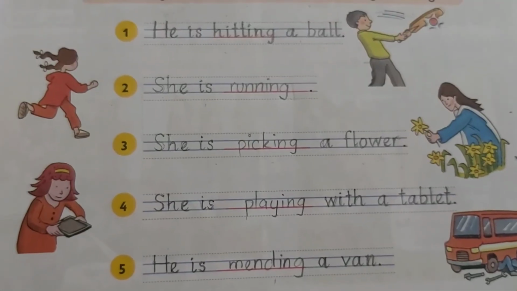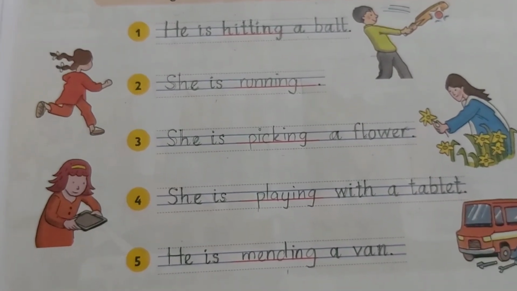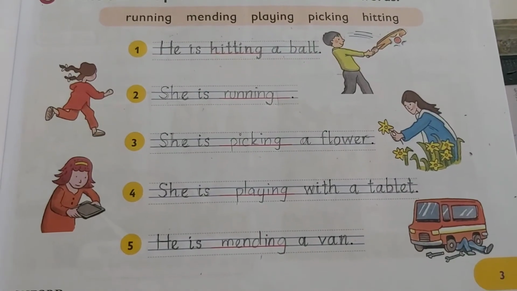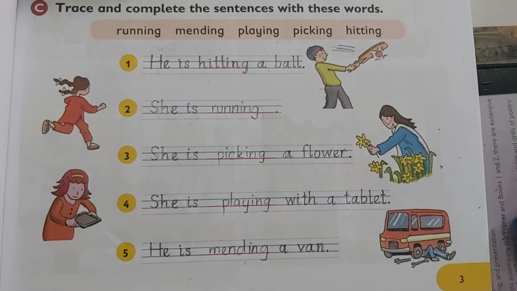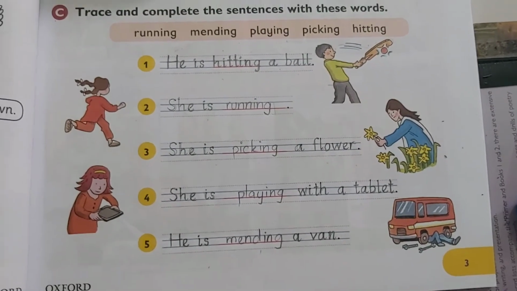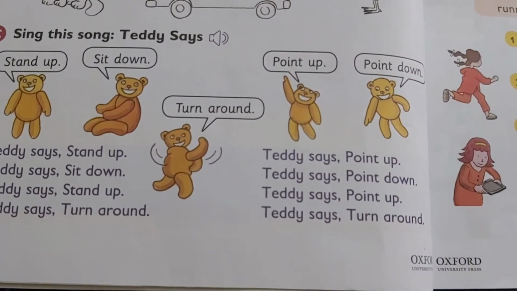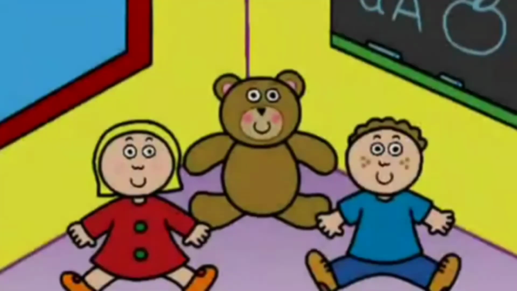You guys must write on these dots and your formation of each letter should be correct. Otherwise I'll erase it and you have to do it again. So my students, this is your homework, to learn it by heart. Now come to page number 2. Here is a poem, Stand Up, Sit Down. You have to learn it too.